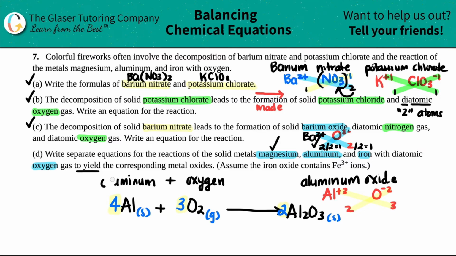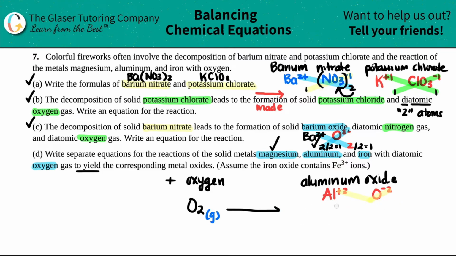Okay? So it's still reacting with oxygen, so that doesn't change. The coefficient might change, but the actual oxygen, the actual O2, does not change. So now let's just change this up. Okay. So now we're reacting iron with oxygen to yield iron oxide. Well, iron on the periodic table is Fe. That is a solid. So Fe plus O2